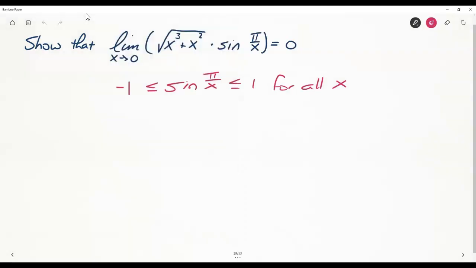Okay, we get that for free from trigonometry. Now what I am going to do is multiply all three parts of that inequality by the square root of x cubed plus x squared. If I do that,